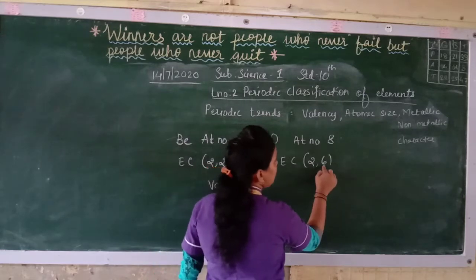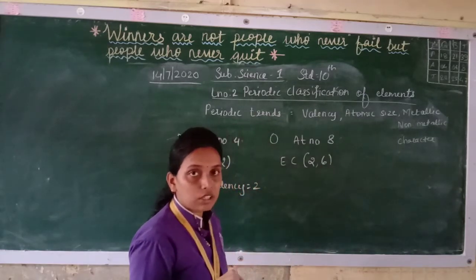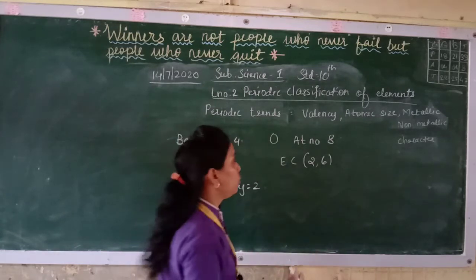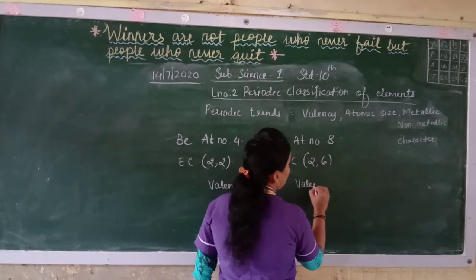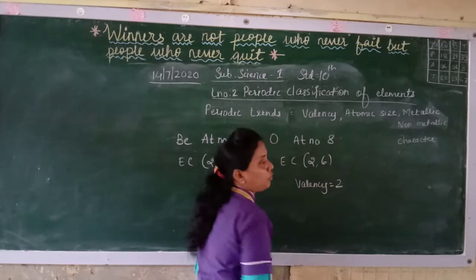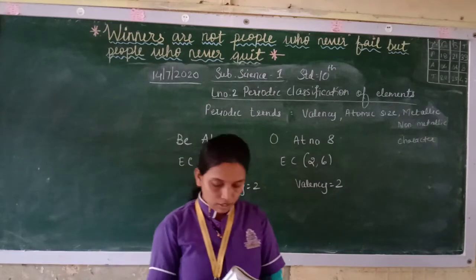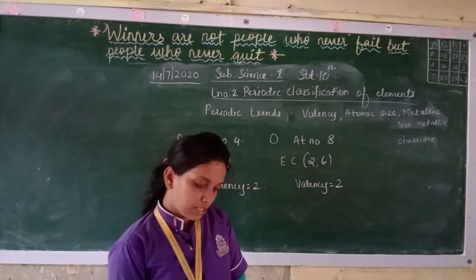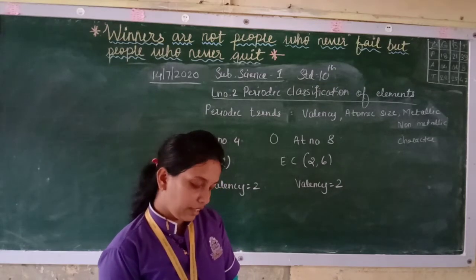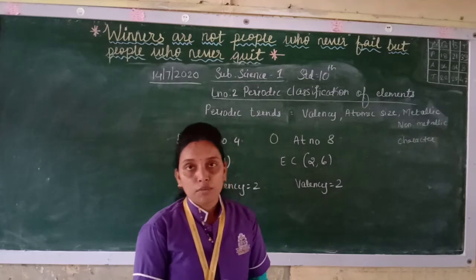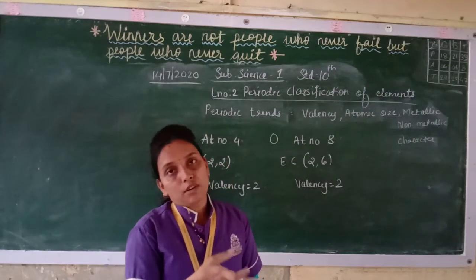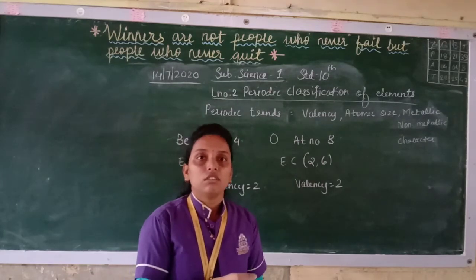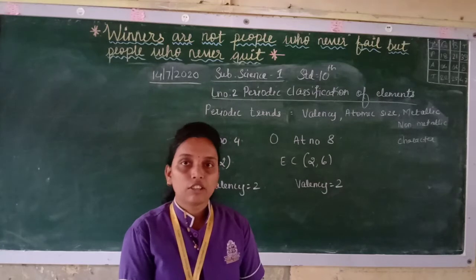Here if you see, it is 6 over here. Now to complete the octet, it will require 2 more. So instead of giving 6, it will take 2 and complete its octet. So here valency, how much is it? 2. Now further, the table on the next page is made on the basis of the modern periodic table. Write in the electronic configuration. So you can write from the first element, hydrogen, helium, lithium, beryllium, boron, carbon, nitrogen, oxygen, fluorine, neon.